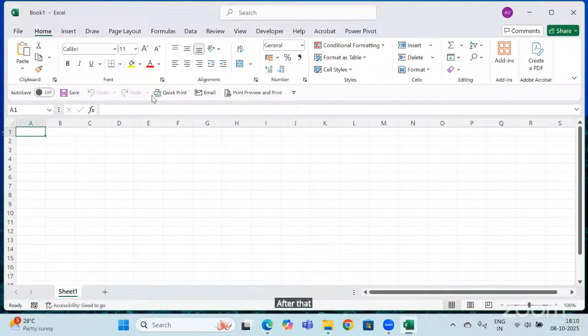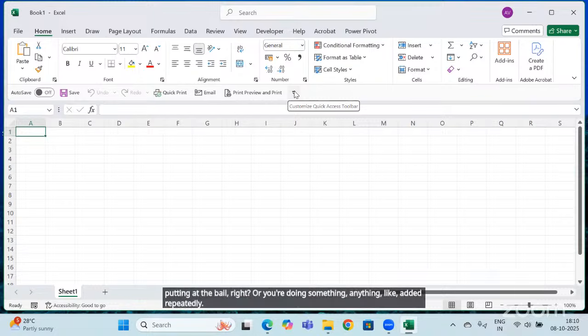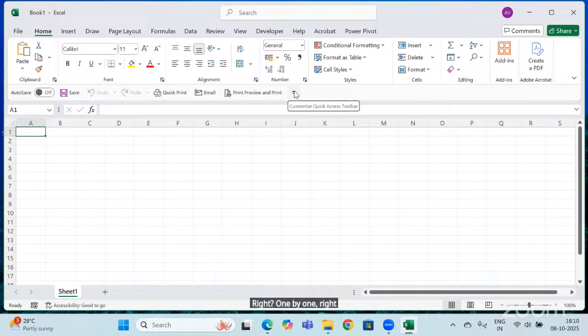if you can see, we have the quick access toolbar. It is right here at the top of the ribbon. So what can we do with the quick access toolbar? Suppose you are doing any task repeatedly, like printing or mailing. You don't have to go into any tab to choose the task.